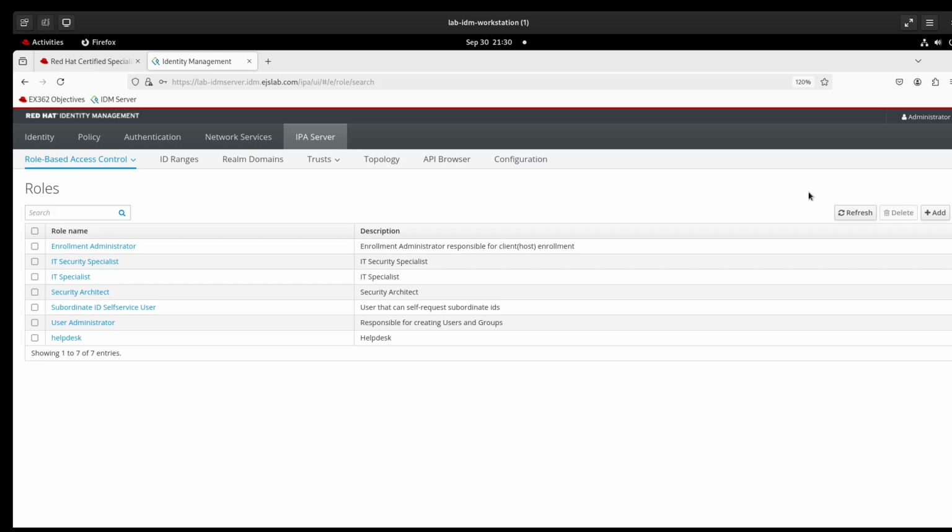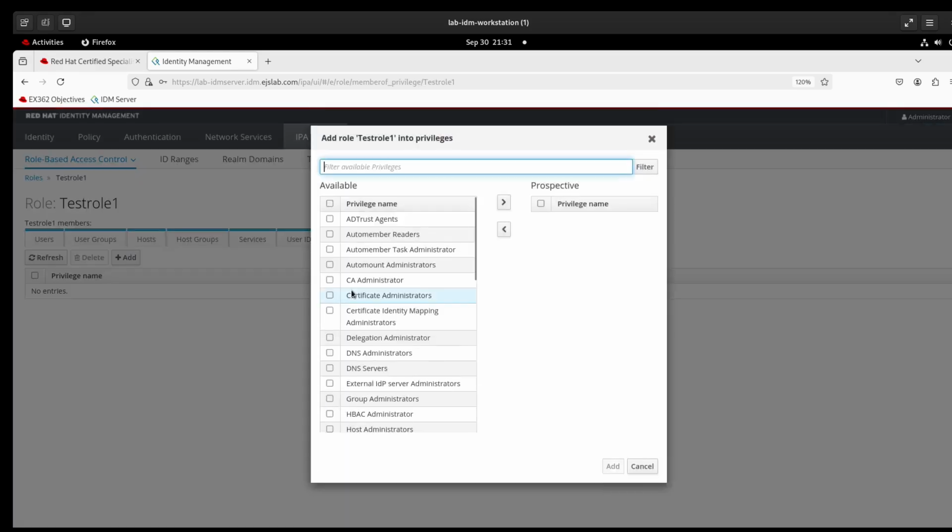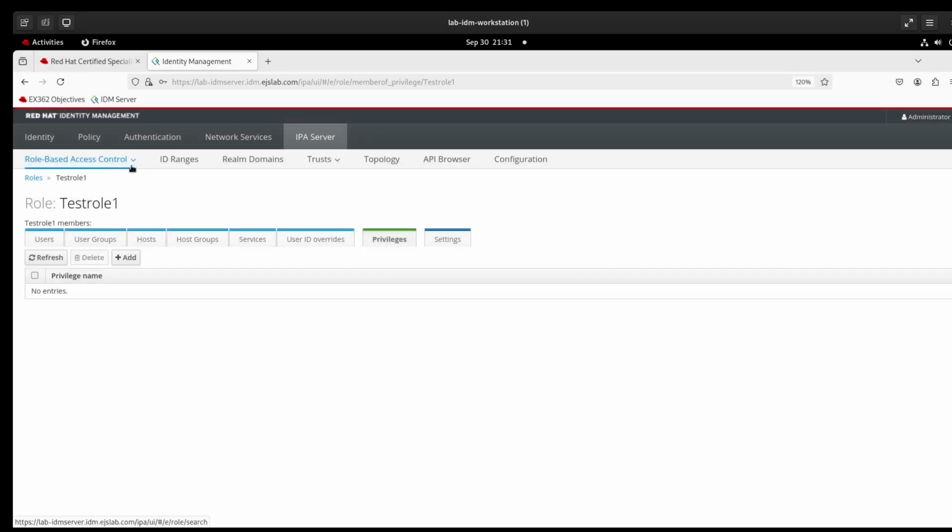I suppose I can do a session with this, and this is something I've done primarily with the GUI when I've practiced it, but we're going to add ourselves a role name. We're going to call it good old test role 1, and this role, basic DNS configuration and user management. If I click add and edit and start adding some privileges, what I'm curious of is,